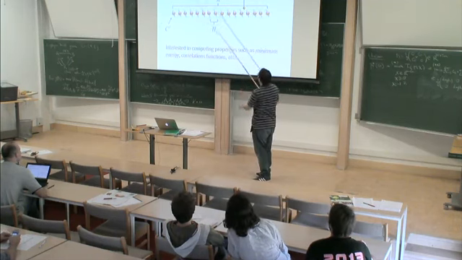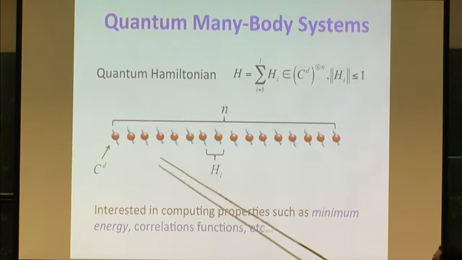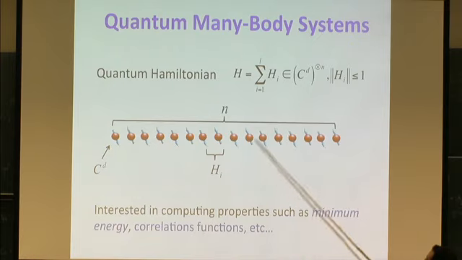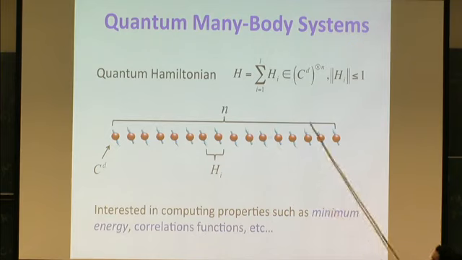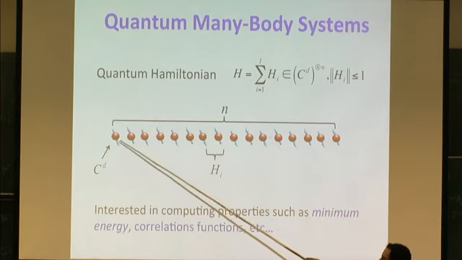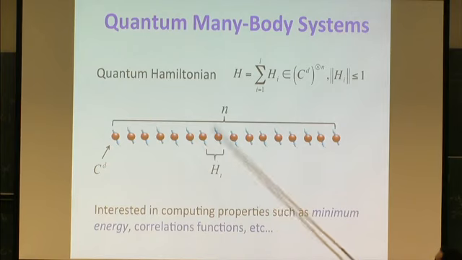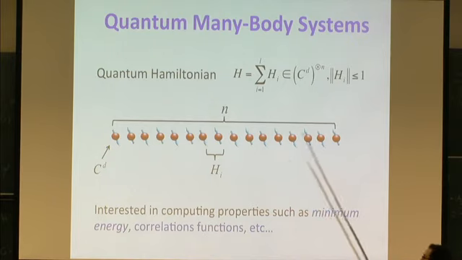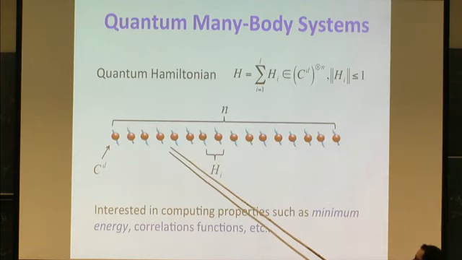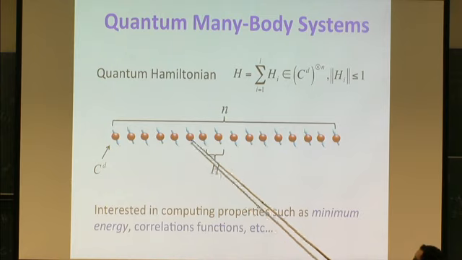Okay, so again, the same slides. We have a quantum Hamiltonian, which is just a sum of local terms, like here. And today we just consider one line. So this is the situation we're considering. There's a bunch of spins, which can be d-dimensional, but I will just consider qubits for simplicity. Then we have some interaction, nearest neighbors or next-to-nearest neighbors and so on. We'd like to compute properties of this model, and I'll be interested in computing properties at zero temperature, so really in the lowest energy eigenstates and properties like correlations or energy.